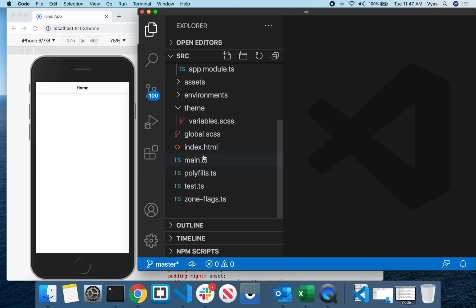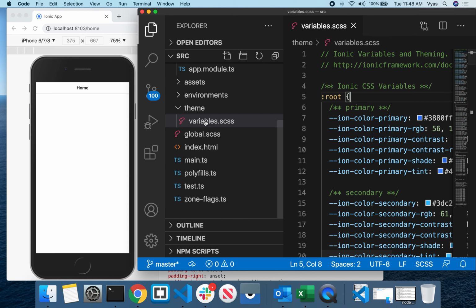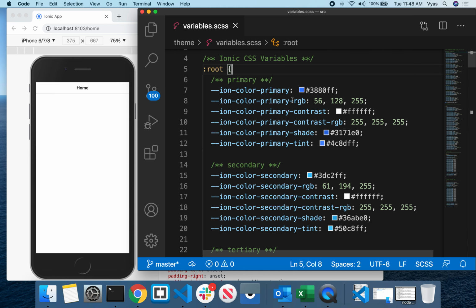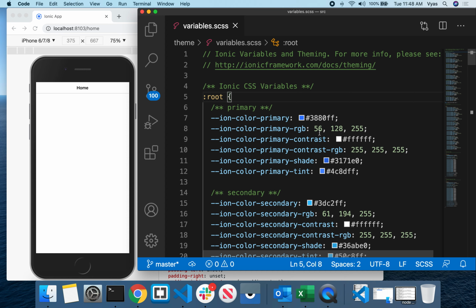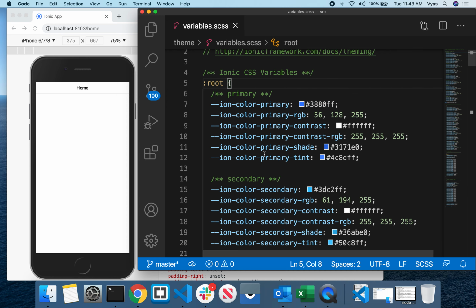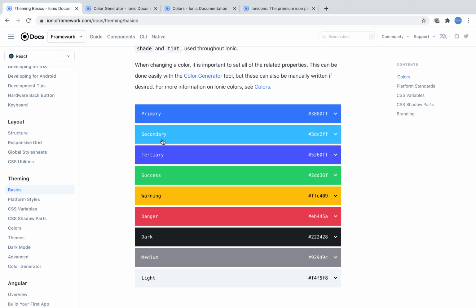Here inside your code, you can go to the theme and variable.scss file. Here you can find the default colors which are already defined inside the Ionic framework. You can see there are some predefined colors like primary, secondary, ternary and so on. When you use the name primary, by default you will be applying the blue color. You can give some color to a header, some text or a button directly with the help of these themes. These are already predefined themes: primary, secondary, ternary, success, warning, danger, dark and medium light.